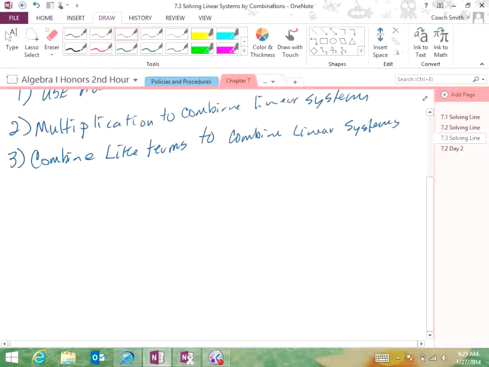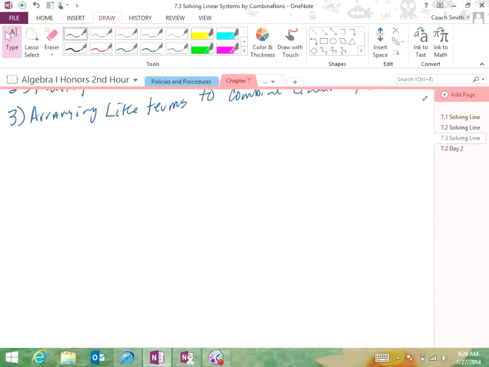All right, now, the easiest one is using addition. Actually, let me change that to arranging. That's what the book's going to use. So arranging like terms. All right, the easiest one is to use addition to solve linear expressions. Okay, now let me show you what I mean. All right, let's say we have